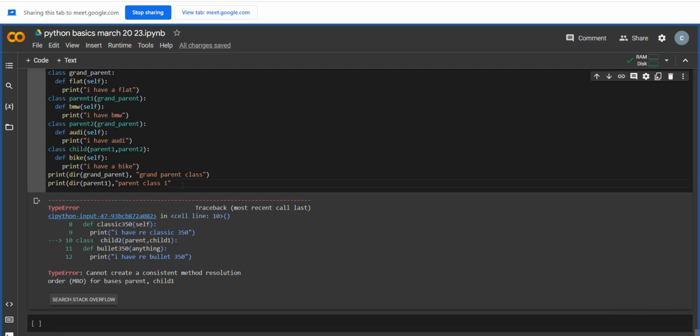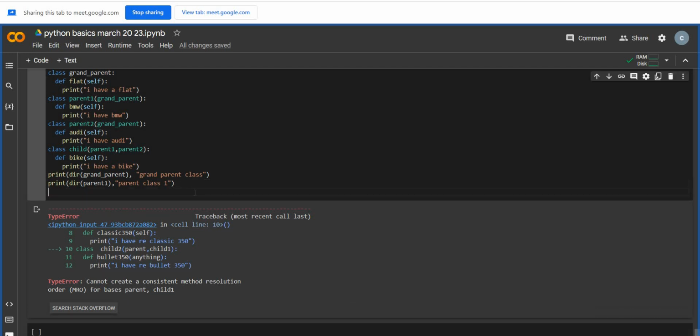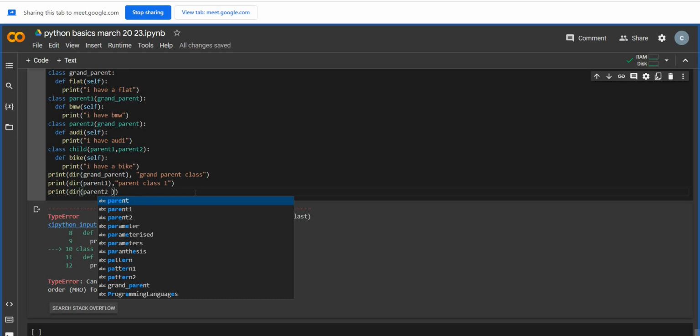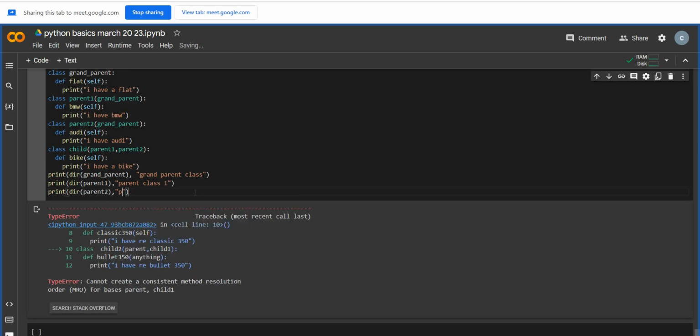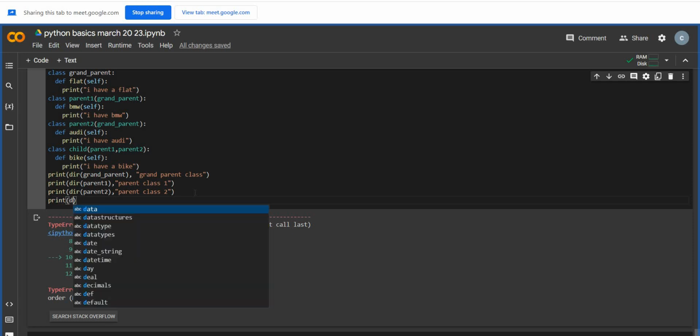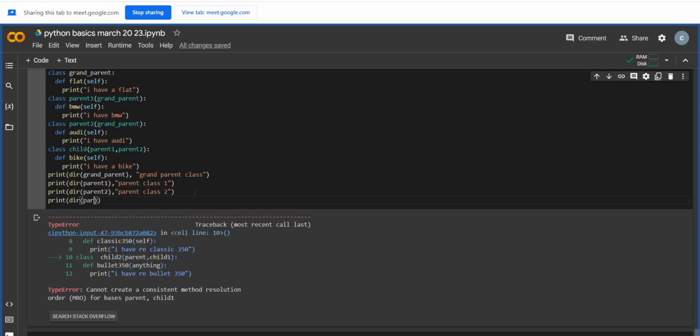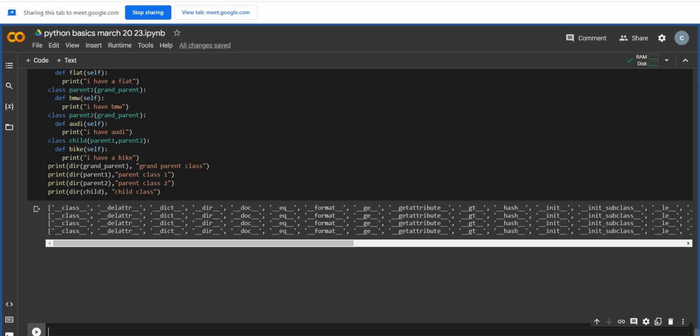Now print dir of parent 2, comma, parent class 2. Print dir of child, comma, child class. When I try to print it,